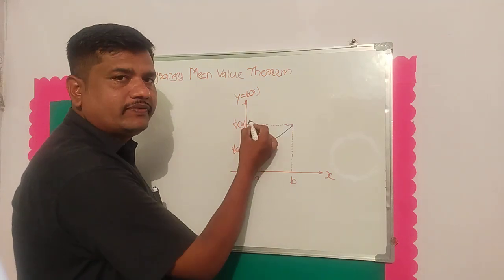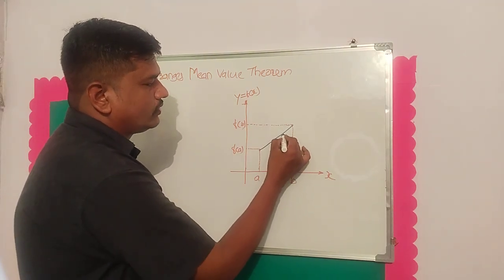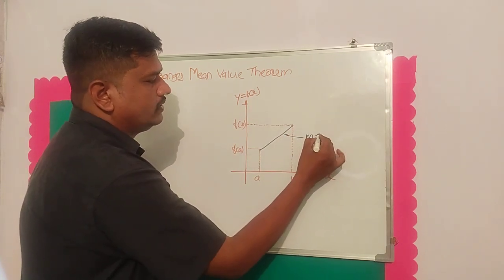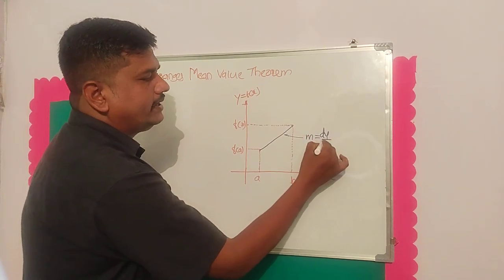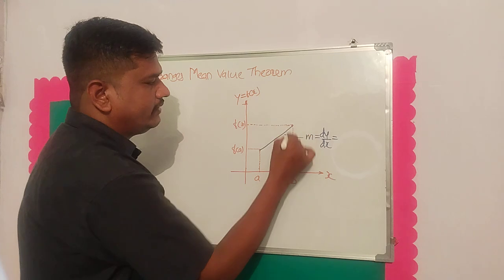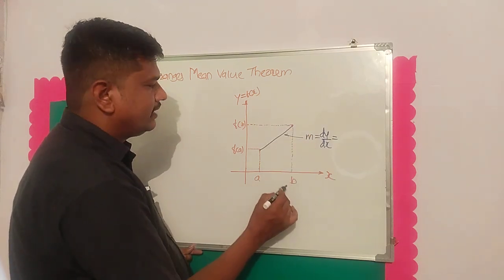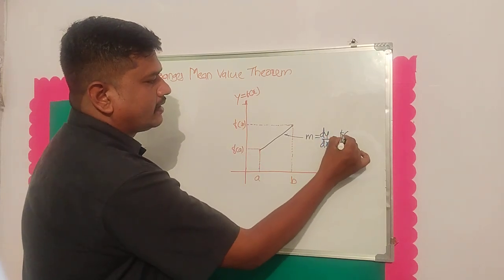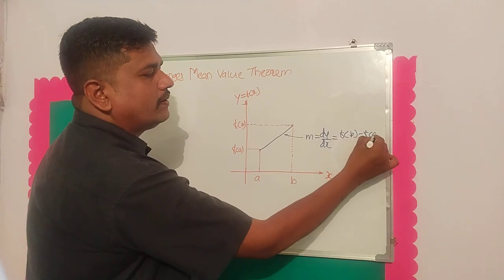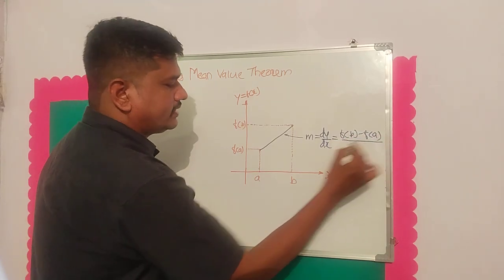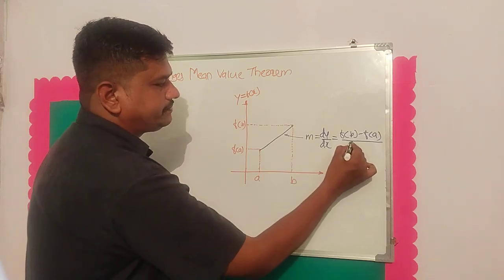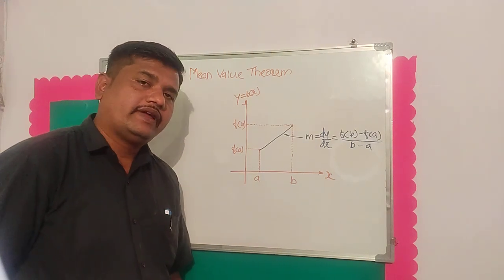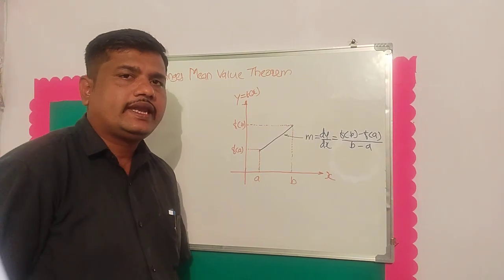Dy is the difference between the y variable. The slope for this line is, let us say, m, and it is equal to dy by dx, that is difference in y variable upon difference in the x variable. So difference in y variable, you can see, is f of b minus f of a, and difference in the x variable is b minus a. So this is the slope of this line,